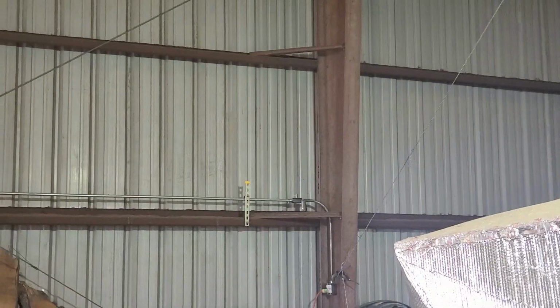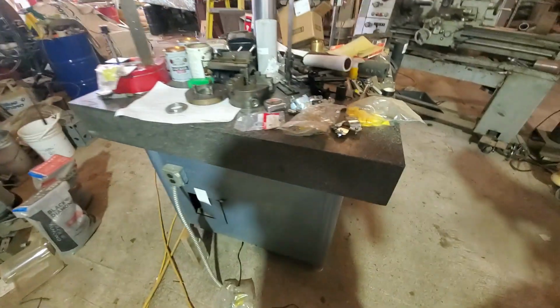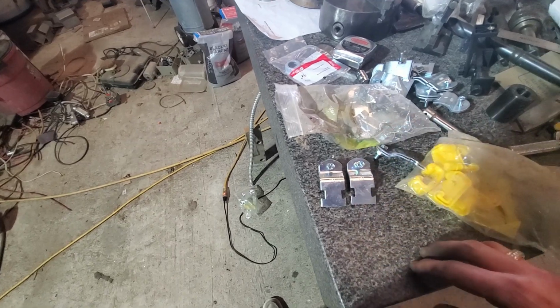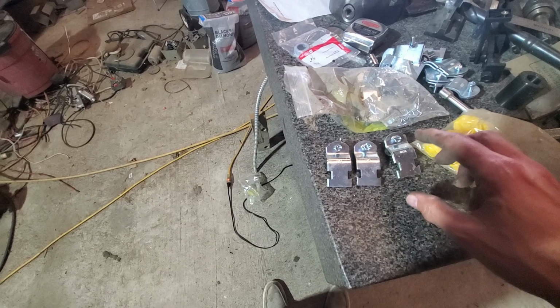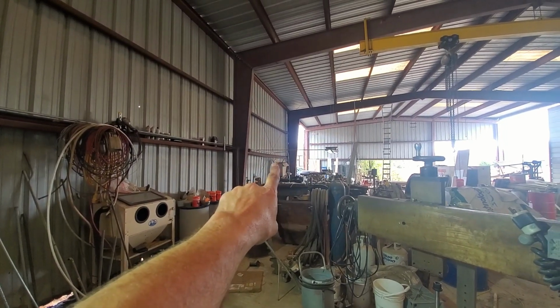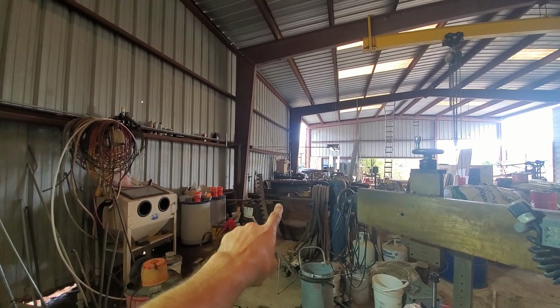I need to do a couple pieces of unistrut. And while I was up here fishing around with the last circuit, I found some 3/4 inch conduit clamps. So I'm going to replace the 1-inch ones I had on the far wall and add another piece of unistrut at that end of the run to stabilize that vertical piece. Where it goes into the floor,